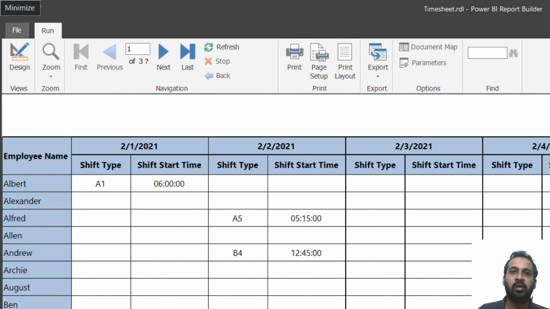This is cool, right? So this is how we can import the Excel into SQL Server, and how we can add the matrix table in Power BI Paginated reports. So far, this is what we have covered in this video. In our next video, we'll look into what problem we are facing here and how we can overcome it.